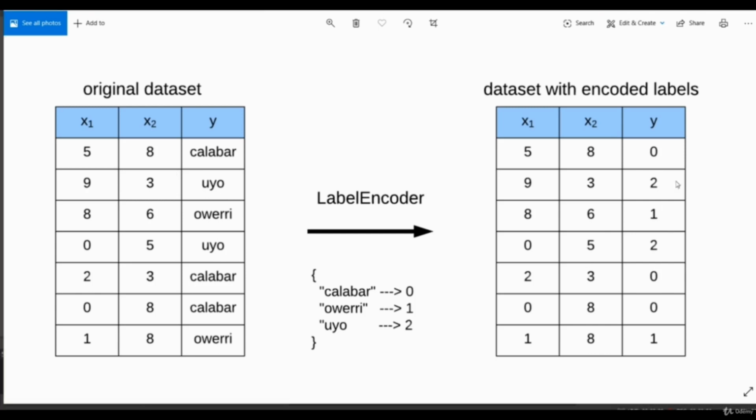Now we still can't use these values to fit our model. Why is that? Because our model totally works on numeric values, and it's going to work on the basis of numeric relation. So our model can possibly think that the value 0 is comparatively lower than the value 2, which is comparatively higher than the value 1. We don't want such a comparison between these values, because they are not comparatively related to each other. That's why we are going to apply one hot encoding on it.